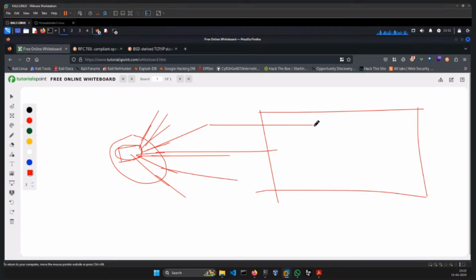So the first fragment went, and a system that might have an IDS, IPS, or any kind of monitoring system active will not be able to get the objective of this TCP packet, or of the fragment itself. So it will be confused, and when all these packets reach the target, then they will